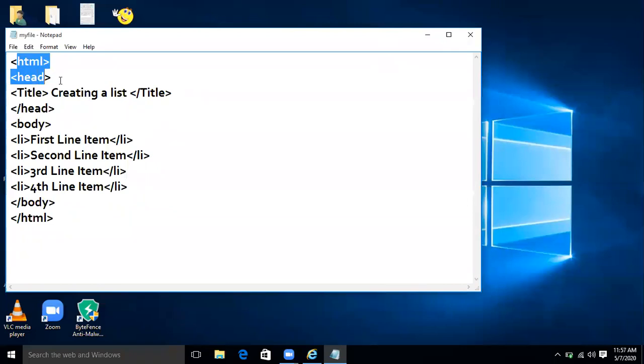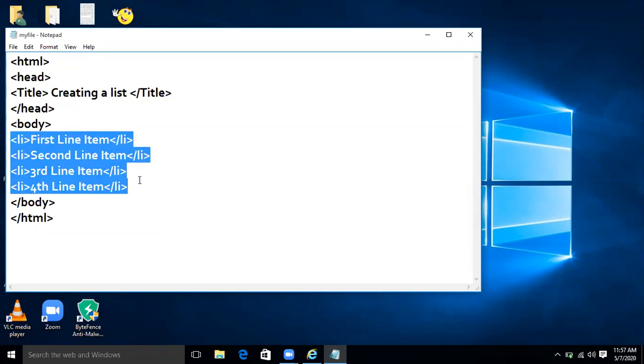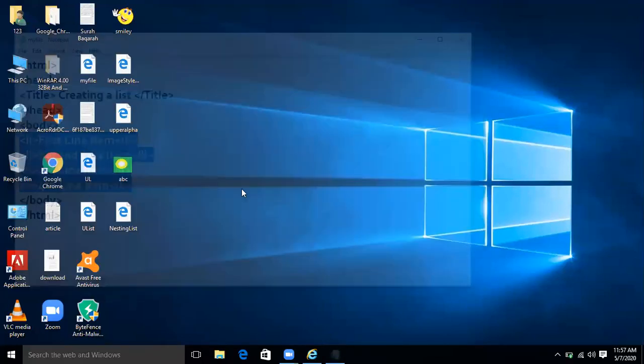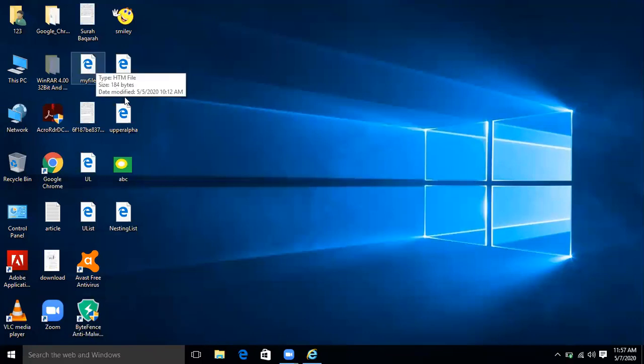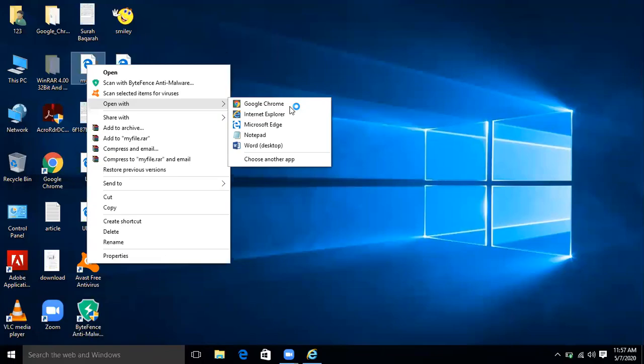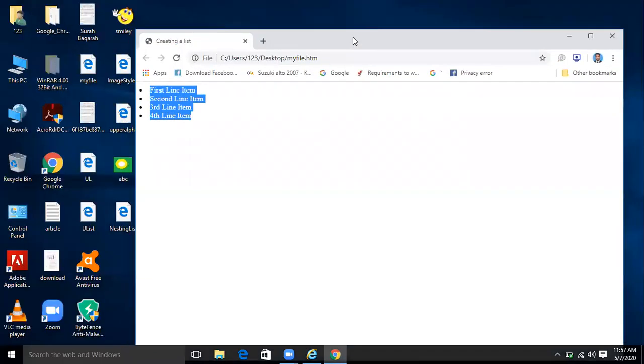And the basic structure you have already studied in class 7th, when you were in class 7, so this introduction was there. The chapter that we are studying is about lists, how we can include lists in our HTML file. So this was the code, and the output that we were having was such kind of output where we were having the items in the form of a list. So we will continue the same topic today.